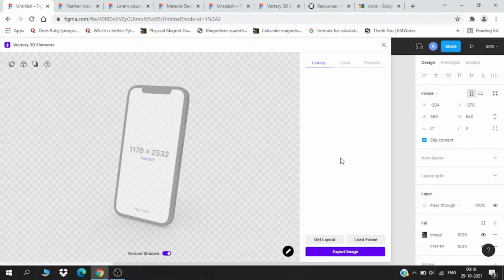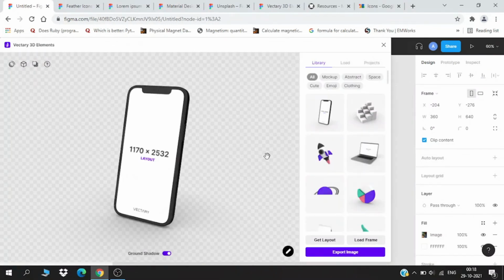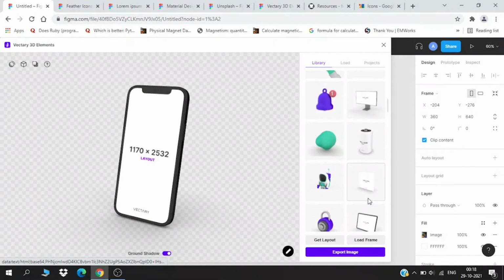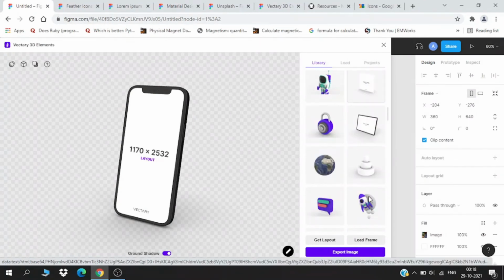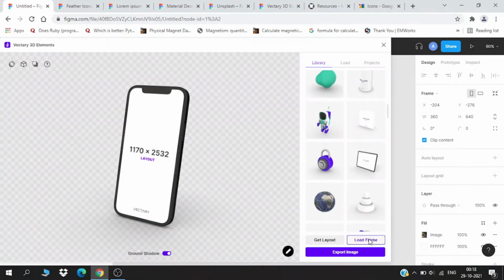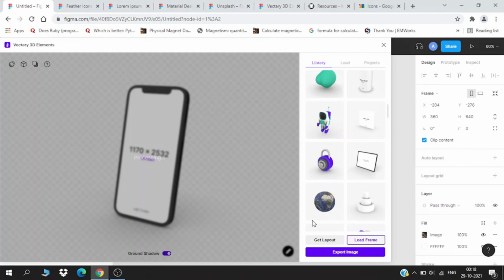And you see there are a couple of mockups of the devices. You can see there are some for the mobile, for the laptop, for the tablets also, for the bottles and the different desktops also. So if I click on load frame, the frame which I have selected will be applied to the current device I have selected.